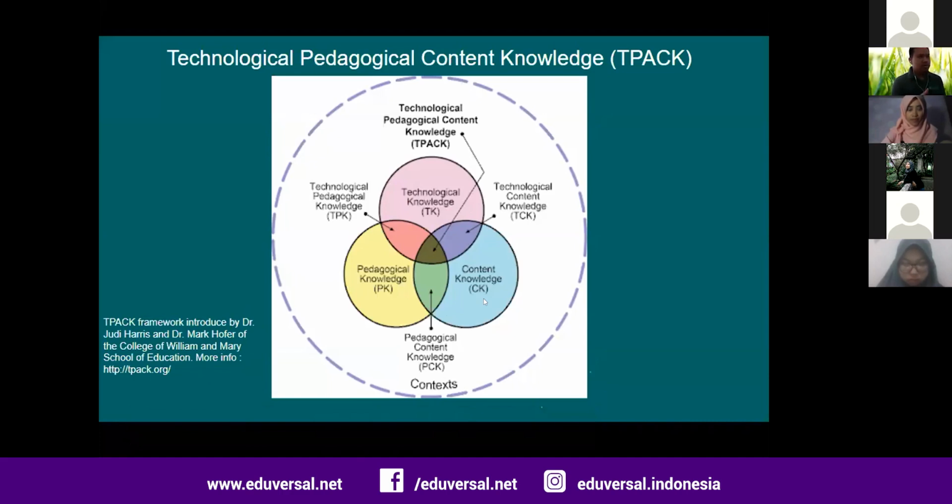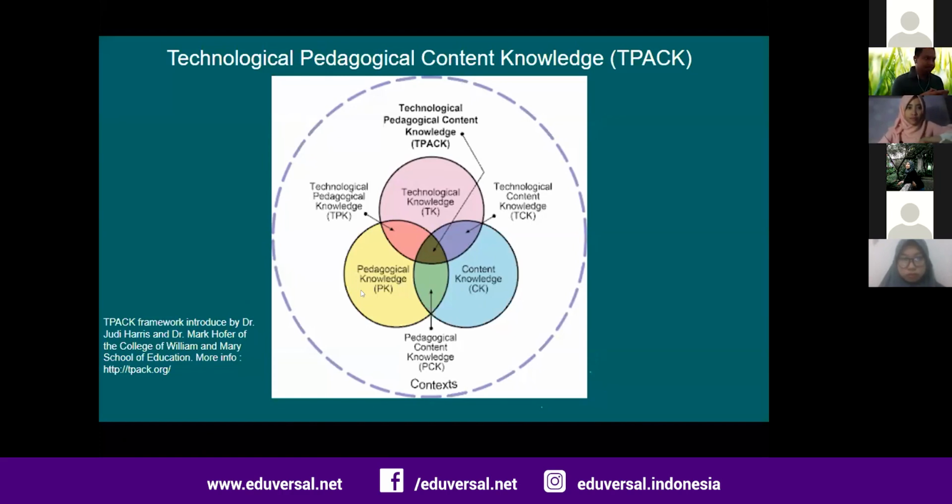They need to know and understand their subject very well. And also in the other part, they also need to know how to deliver the lesson, either in the normal class in the school or when they're doing online learning. So we call that the pedagogical knowledge.